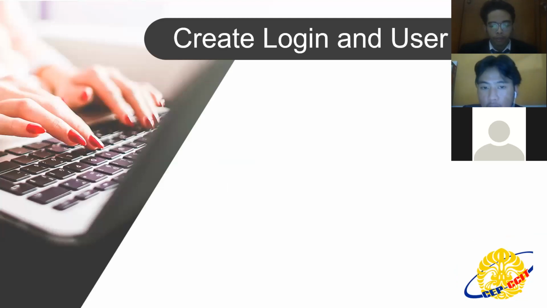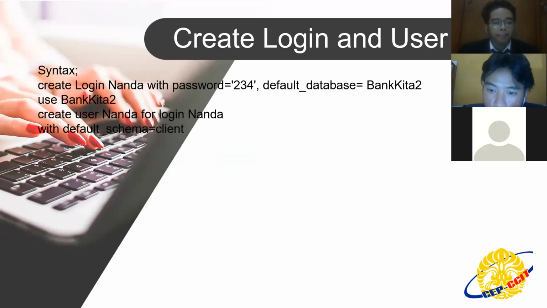Okay, how to login and how to create the user. I think about this: create login.